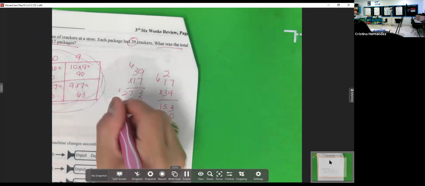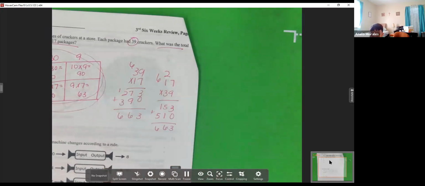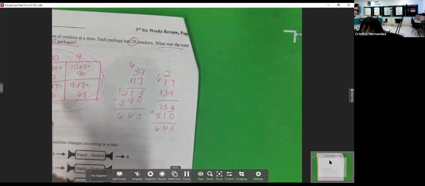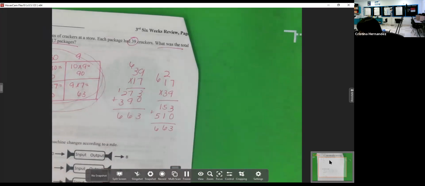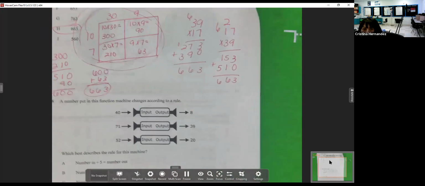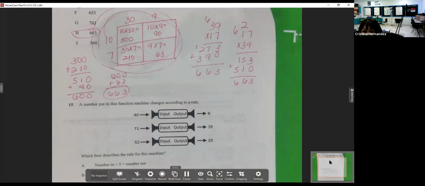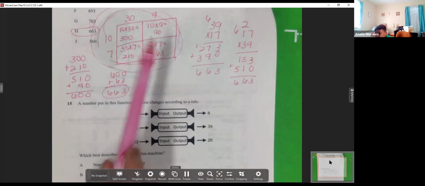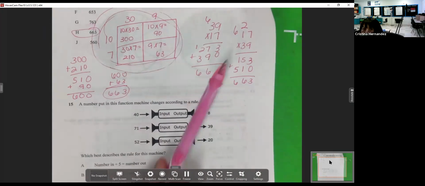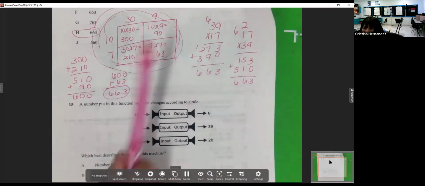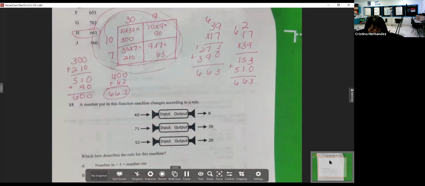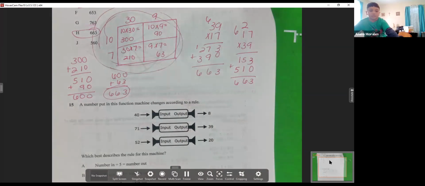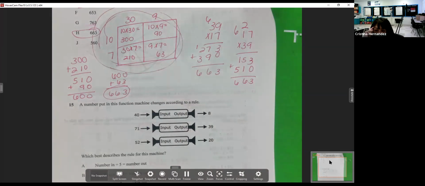Yeah, that's what I got. I got 663. How did you do it? The box or the other way? I didn't do the box. I did it the normal way. Don't flip the page yet. I'm not. I just did it the normal way. Since we haven't done this in a while, this is the way you're going to get the answer correct. I don't care if you do it this way. You get the right answer. I just did it like normally, like the algorithm way. Perfect. That's fine with me.